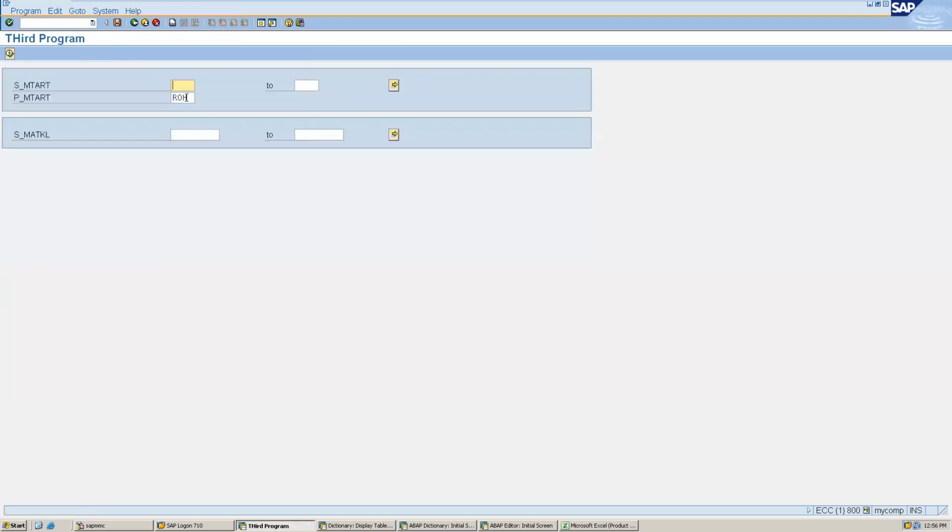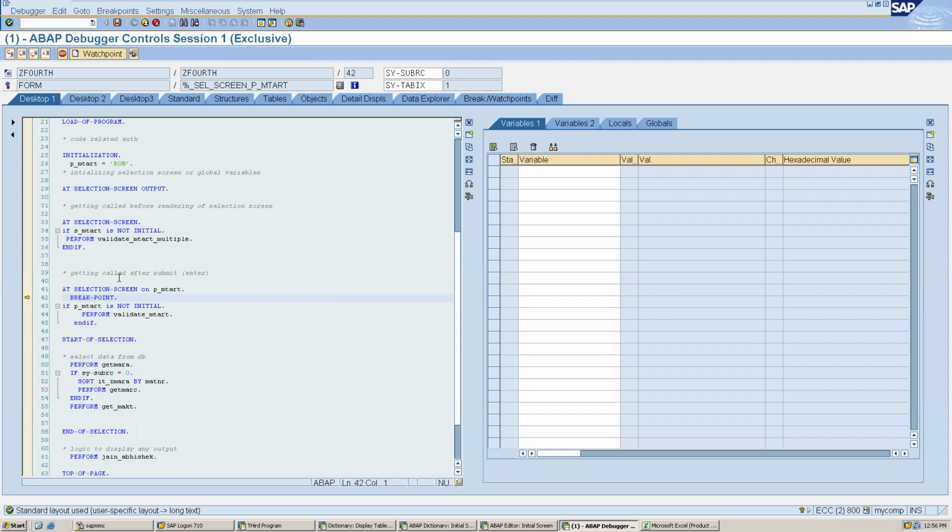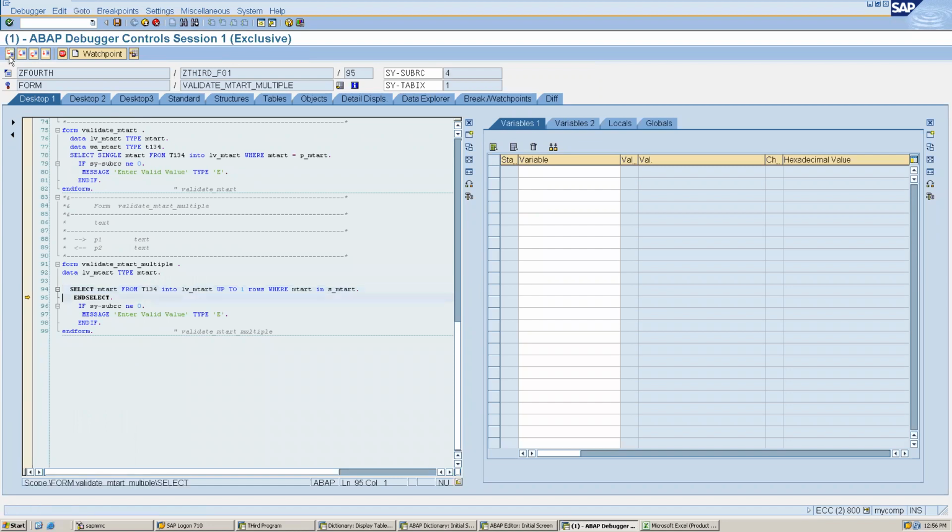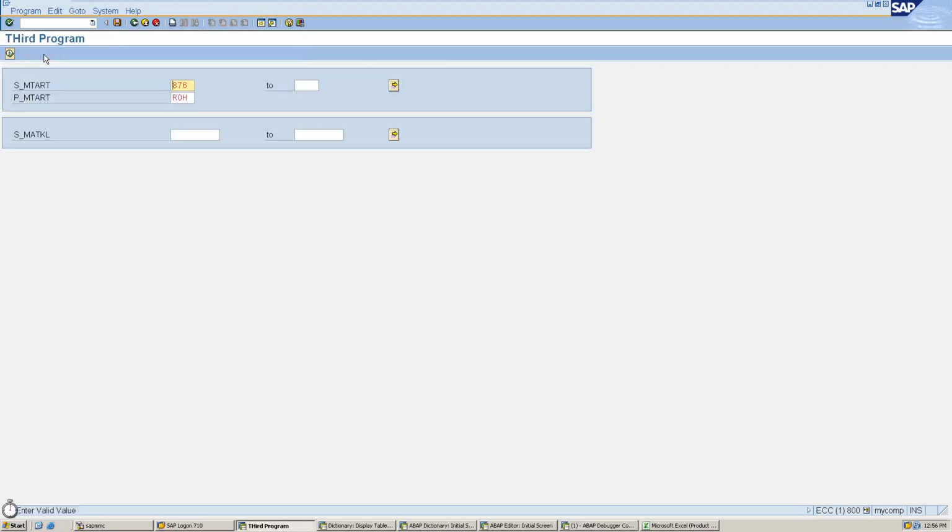तो अभी जैसे ROH is correct. ओके, अब मैं इसमें कुछ और value दे रहा हूँ, for example कुछ dummy, enter मार रहा हूँ. It has stopped here. Now it will see P_MTRT है क्या है, so it will validate, but I will not go inside because I know it is correct. अब देखेगा S_MTRT है क्या है. Now it will go inside, it will select and you can see size version 4 आया, तो क्या बोलेगा? Insert a value.